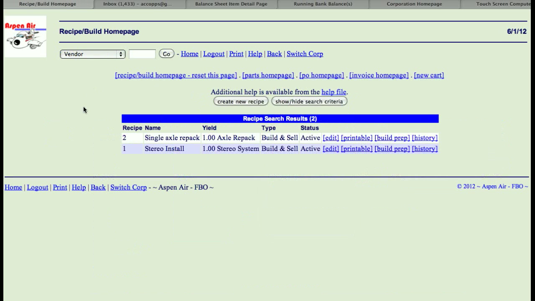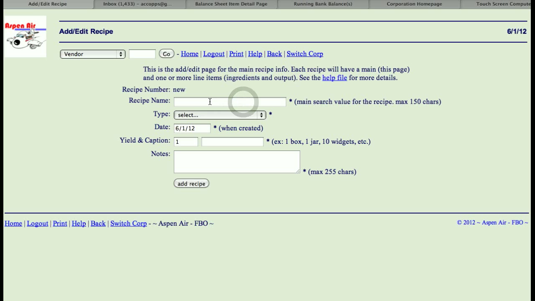Once you're on the recipe homepage, your recipes will be displayed here. Any recipes that you currently have will be displayed. You have a link here to create a new recipe, and I'm going to click on that, and then you would put in your recipe name in here, so that would be whatever you're going to call